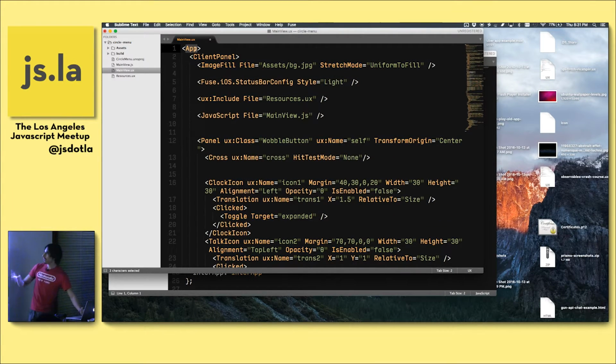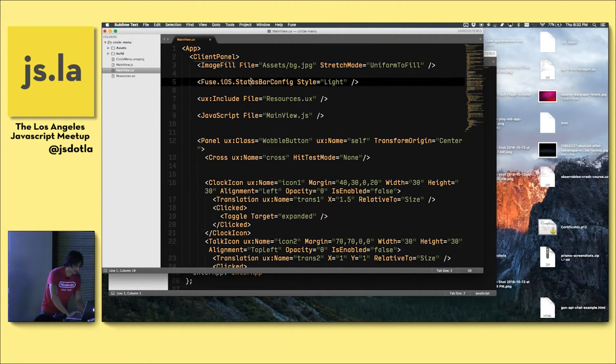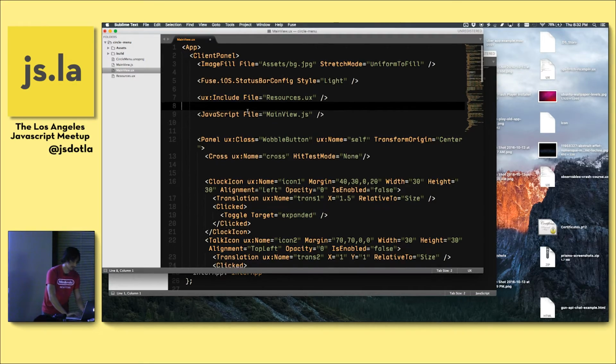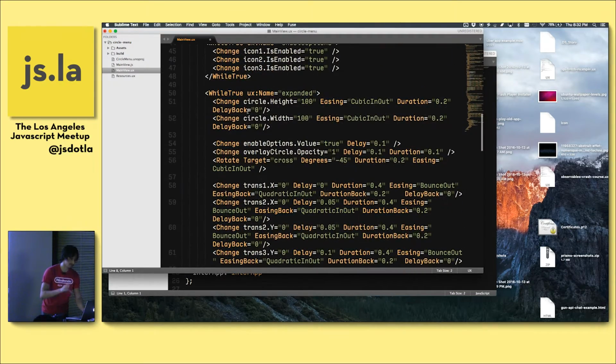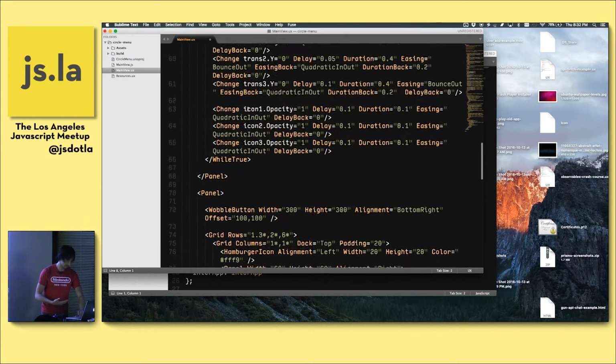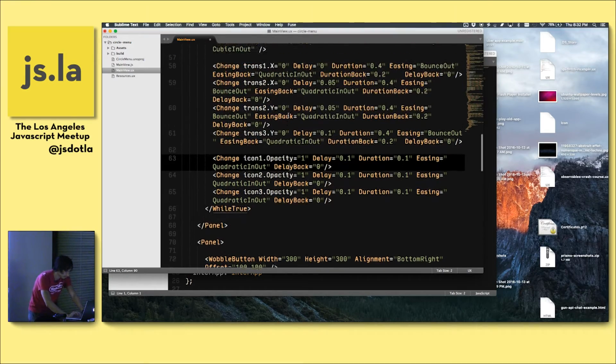There's your app tag. Can everybody read that? OK. You have your panel, and you have components embedded inside of that panel. This dictates your animation, your UI components, and where they lay out on the page. It also dictates gestures and different touch interactions with the UI. And this is all XML with custom tags and custom attributes that you can specify.